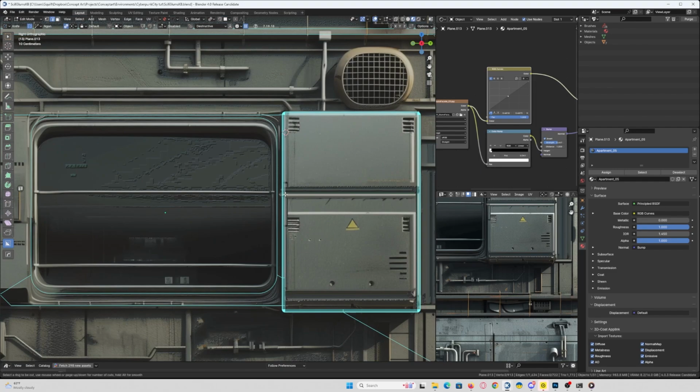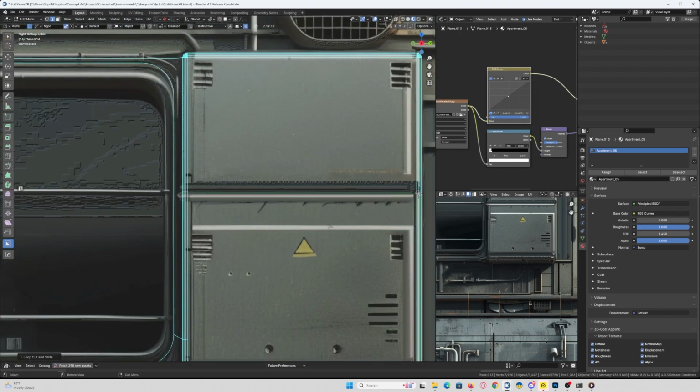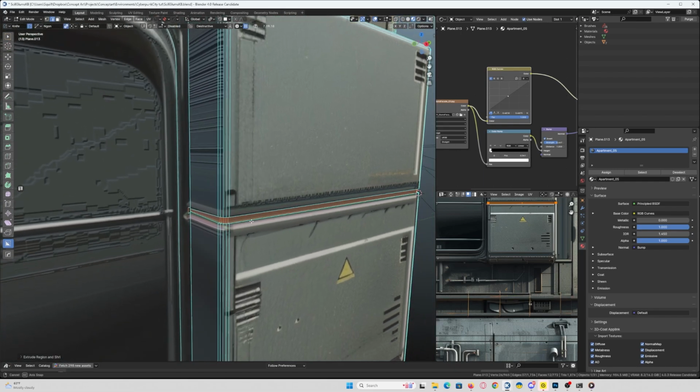Maybe we can add a... we'll just knife it across. And then we can add a bevel to it. And then hit Alt E, extrude along normals, and we'll bring that